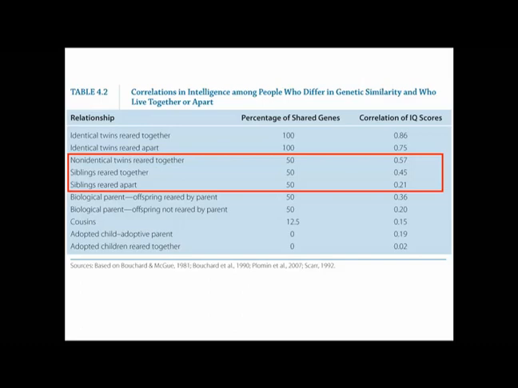The next group that I've highlighted here are all individuals that share 50% of their genome. So we have non-identical twins reared together, and then siblings reared together, and siblings reared apart. So here we have non-identical twins reared together, meaning that they share 50% of their genes, they're in the same environment. Siblings reared together means share 50% of their genes, share an environment. So these two numbers should be fairly close to each other, which they are. We're still seeing a little bit more similarity with twins, but that's